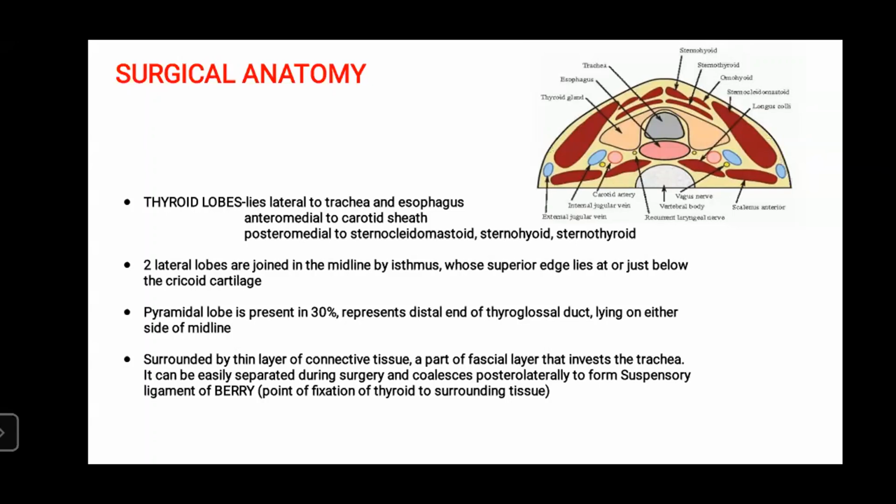Anterolaterally there is sternocleidomastoid muscle, omohyoid, sternohyoid, and sternothyroid. Posteriorly, there is the carotid sheath. The two lobes are joined in the midline by the isthmus, whose superior edge lies at or just below the cricoid cartilage at the level of C7. Pyramidal lobe is present in 30% of individuals only, and represents the distal end of